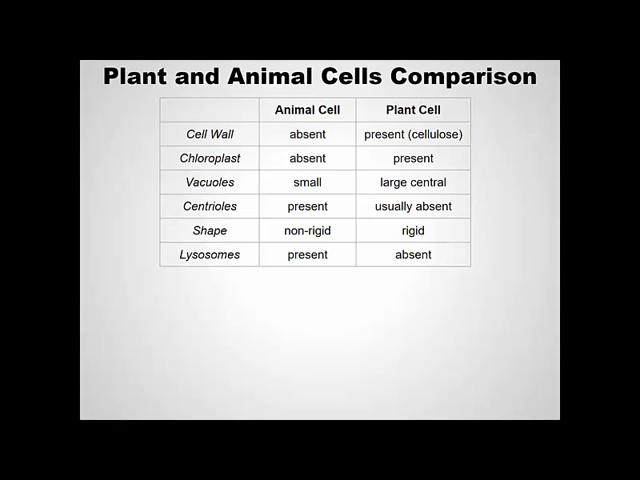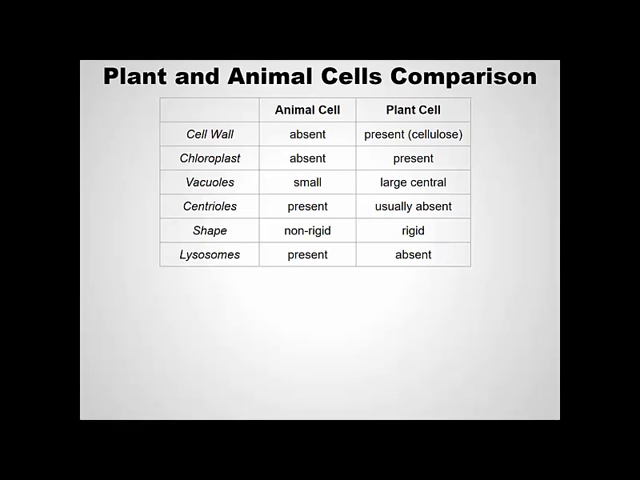The vacuoles in plant cells are different. Plant cells typically have a large central vacuole that's filled with water. It helps build up pressure to push against the cell wall to give plant cells sort of a rigid shape. Those centrioles I just mentioned that are involved in cell reproduction are usually present in animal cells but not plant